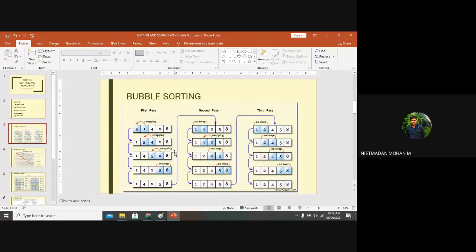Can you see this image and tell me what is happening in this bubble sort, if anyone? This is the basic structure of bubble sort. I will give you a minute. Look into the image and tell me what is happening there.